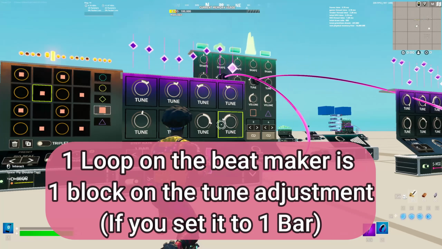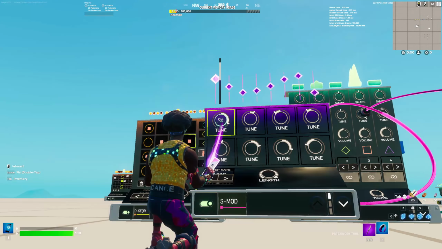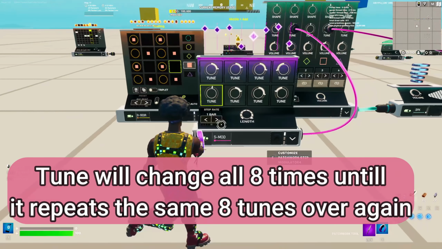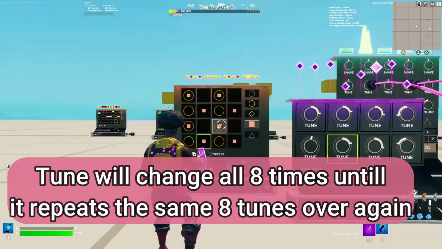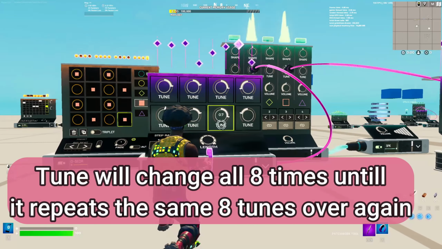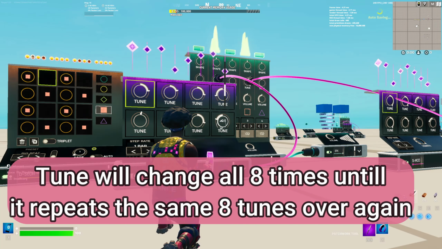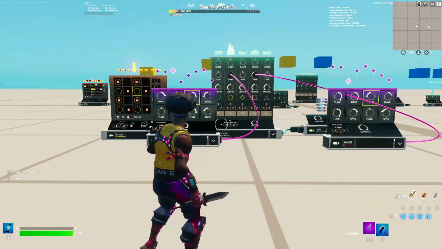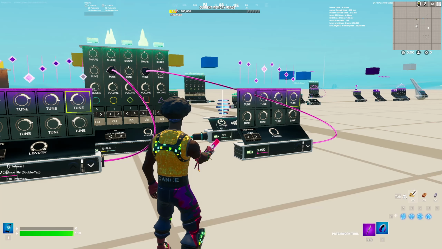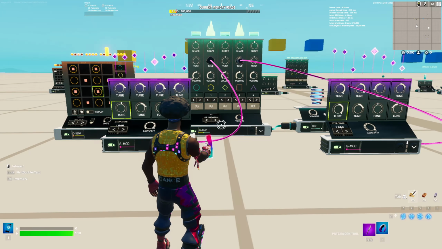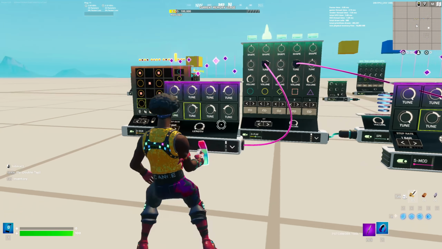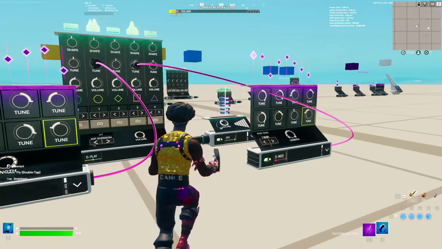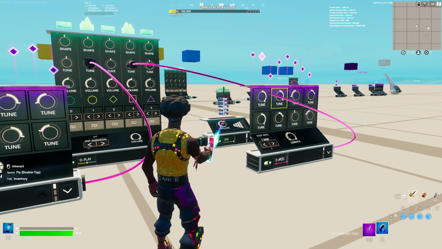As you can see, the green box highlights where you're at. So if I adjust that one, this will adjust the tune 8 times for every time it goes through here. So it goes through once, it does that one, it goes through another time, it goes on that one, another one is that one, and it just keeps repeating. So if I just listen here, just like that, and that's how you make all your beats.